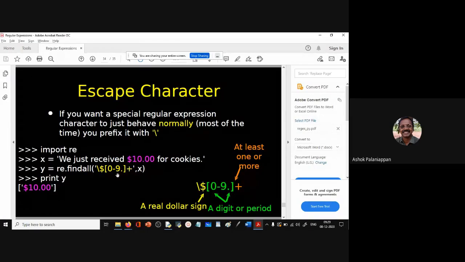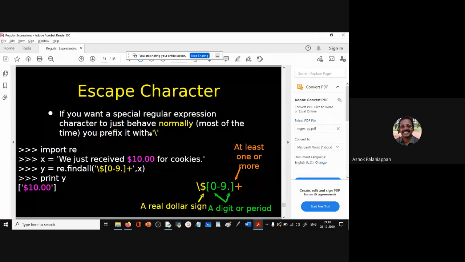We've already seen this in our examples where we escaped the parentheses as well. So the escape character is the backslash, and when you want to escape the meaning of a meta character, we prefix it with the backslash, and that's all.